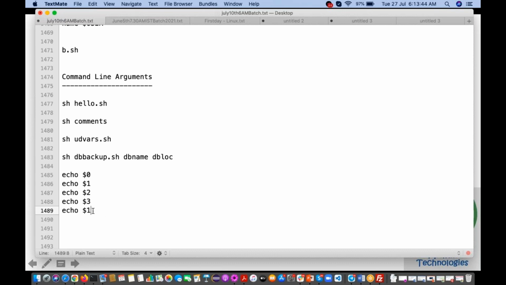So if you want to display the 20th argument like this, and you keep this, what will happen? It will take that second argument only. It is not going to take the 20th argument. So if it is more than one digit, okay, if you want to get that particular argument, you have to keep that argument number in